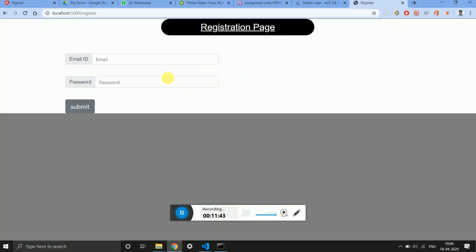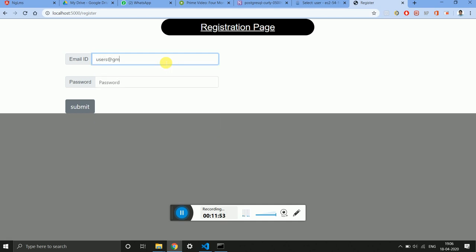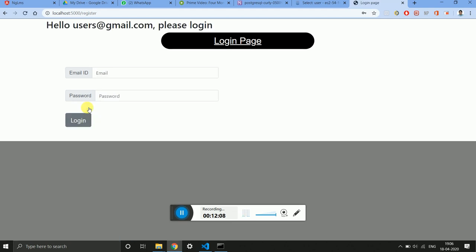So I want to create my account here. users@gmail.com, and let the password be 123123123. Submit. Yeah, as users@gmail.com is not there, it has been redirected to the login page showing hello users@gmail.com, please log in.